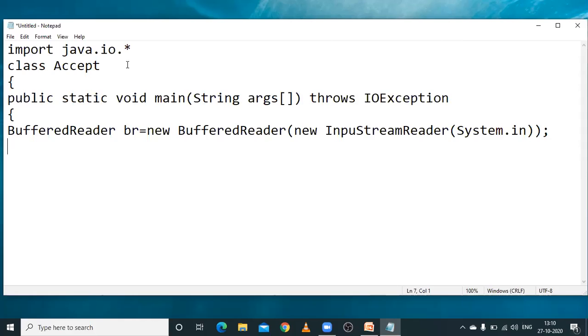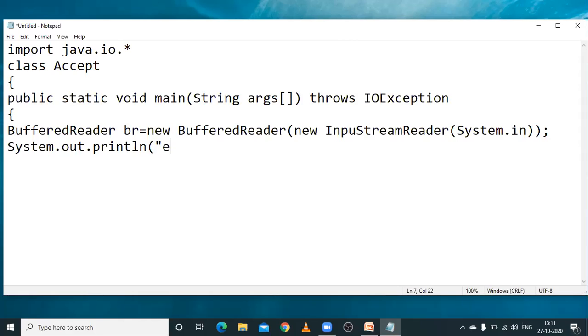Okay, let us say that to accept an integer, let us try one thing here. This is a program to demonstrate integer. System.out.println, or print, whatever it may be.